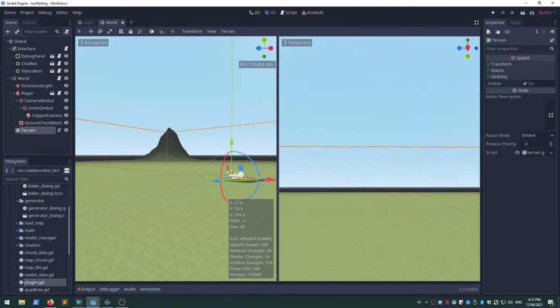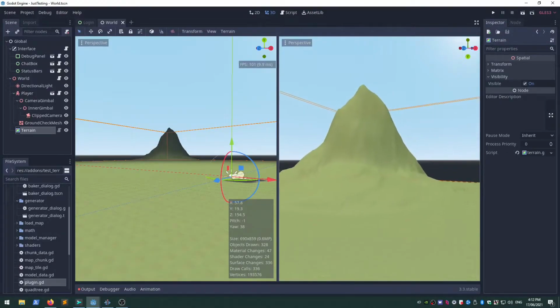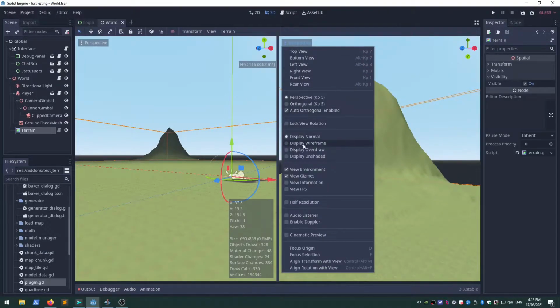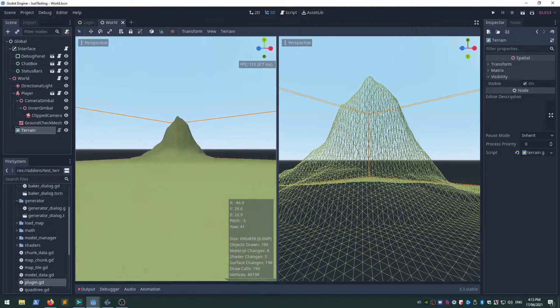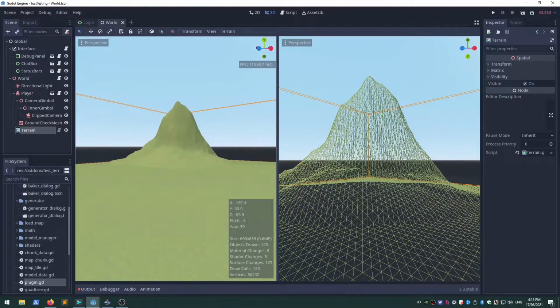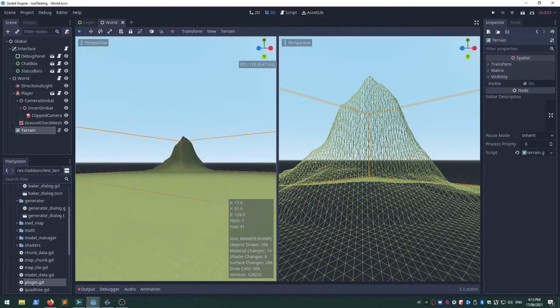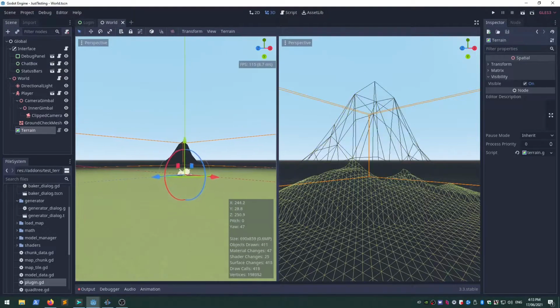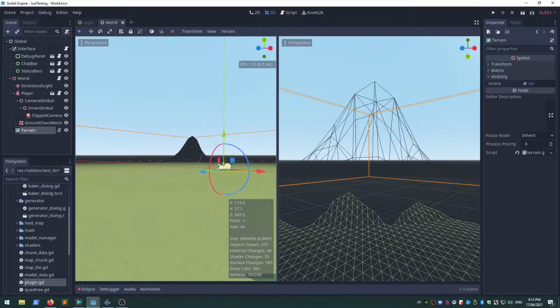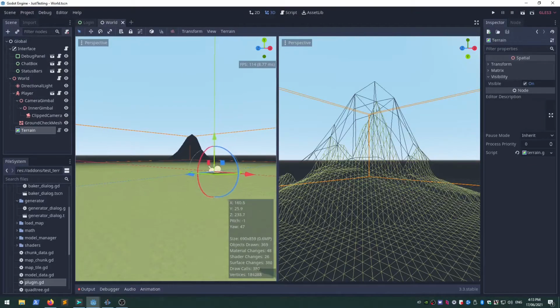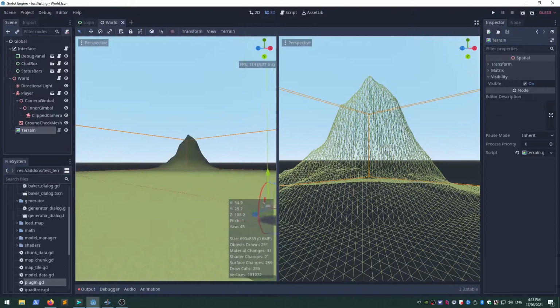Let me just readjust the camera here, and I'll turn it to wireframe. So the further you get away from the terrain, it doesn't actually unload it. The reason for that is I want people who are very far away to still be able to see prominent pieces of terrain. So as you can see, it's replaced that huge mountain with a very low poly